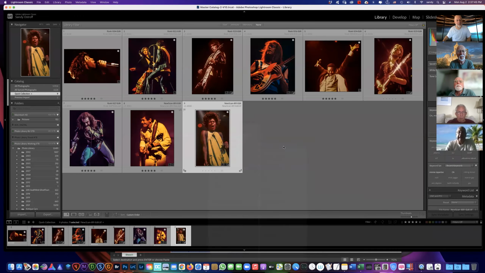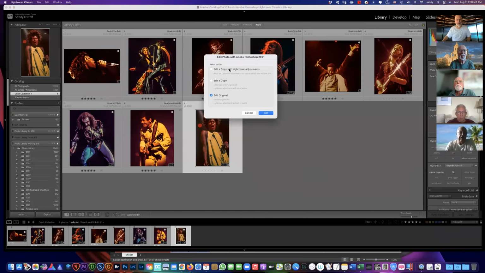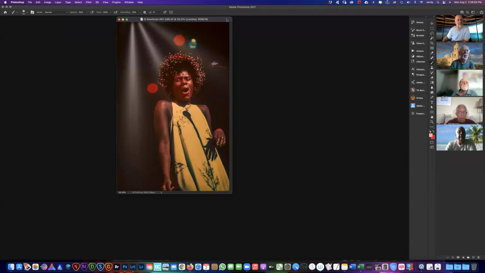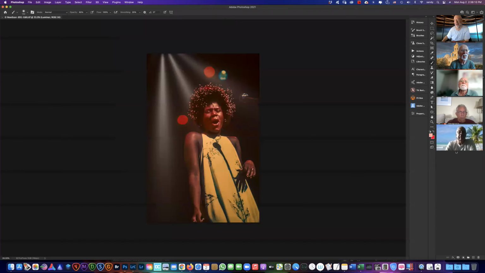So would you go back in and work on these? Oh yeah, now I have. Basically, they've been sitting in slide sleeves and archives for a number of years. I just started scanning them with an old Nikon scanner I've got. It's a 4000 DPI 35 millimeter scanner, and